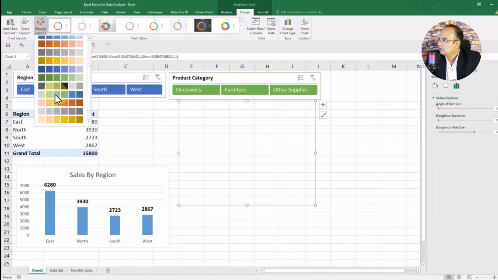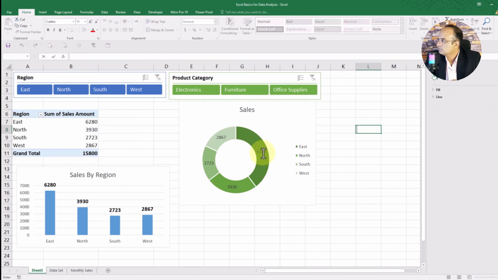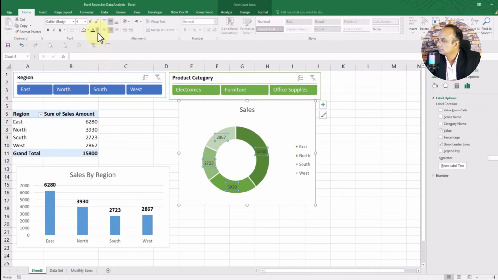Also, you can change the colors. You can change the color of your cell values, the fill color.